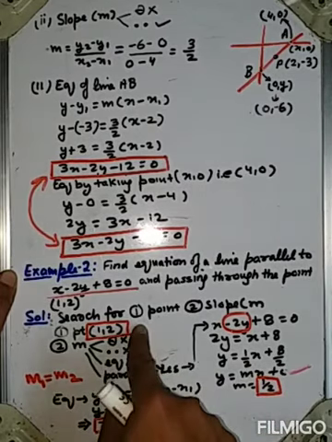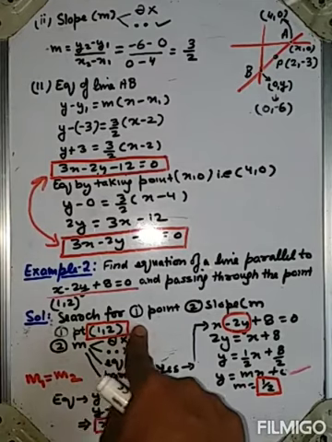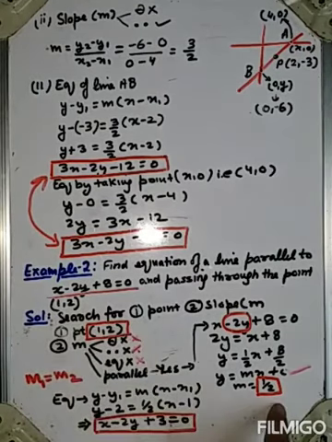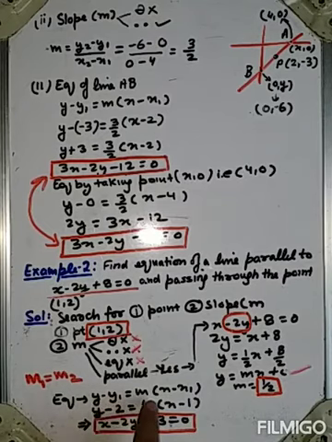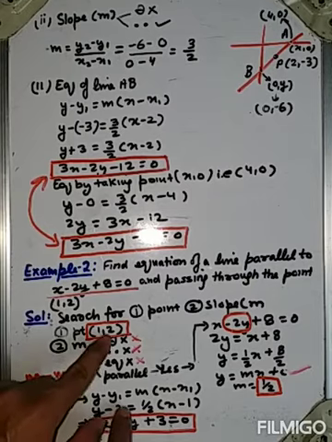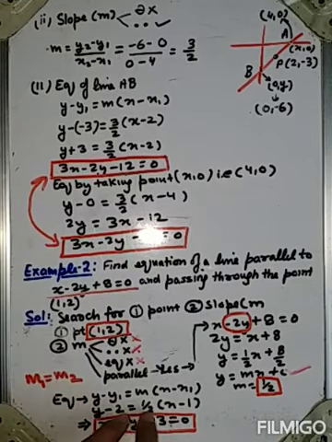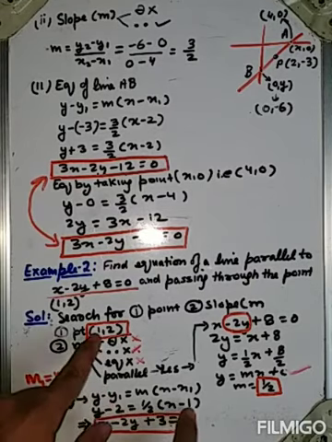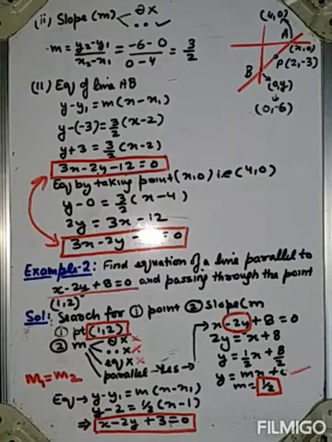We have the point as the coordinate, so we have got point and slope. Now I put these two values in the equation of line. y minus y1 is equal to m(x minus x1). y minus y1, that is 2. m we have taken out. x minus x1, that is 1. So this way we can apply the values and take out the equation of any straight line.